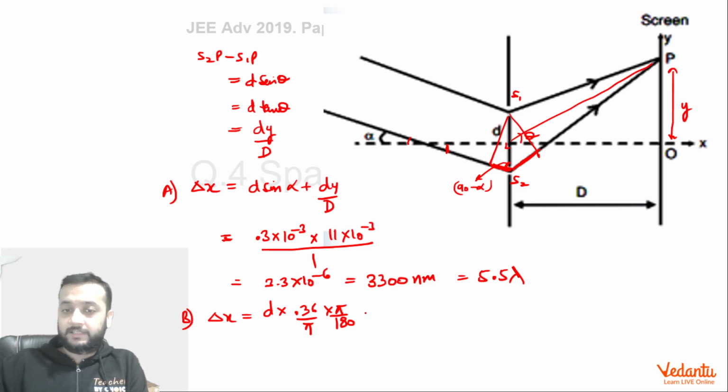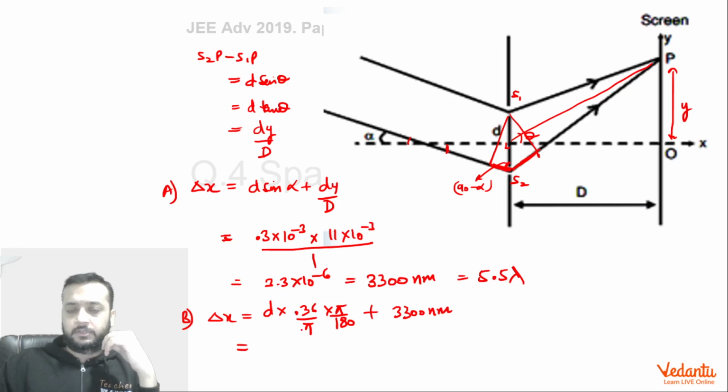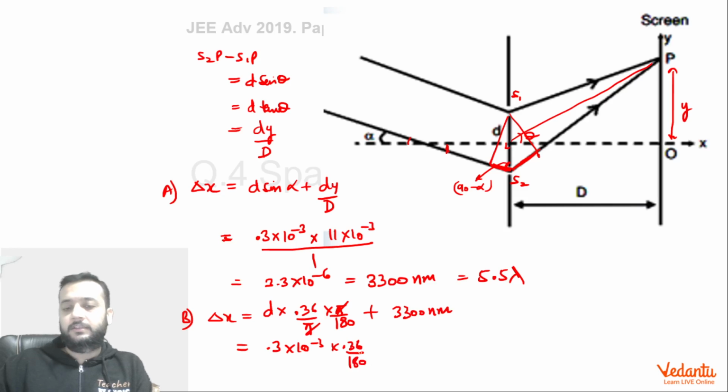Sin alpha I have written as alpha, plus dy by D. The value of dy by D we had already calculated, so this will not change. This is 3300 nanometers, right? So if you find this, pi will cancel with pi. Okay. d is what? 0.3 millimeters, right? d is 0.3 millimeters. Yes. So 0.3 into 10 to the power minus 3. Okay. And this is 0.36 by 180, so that will come out to be